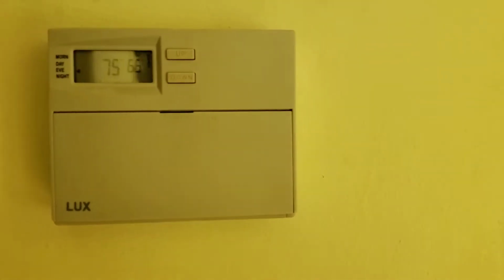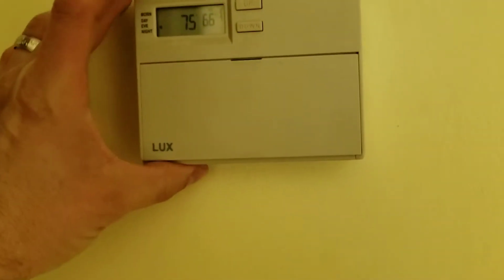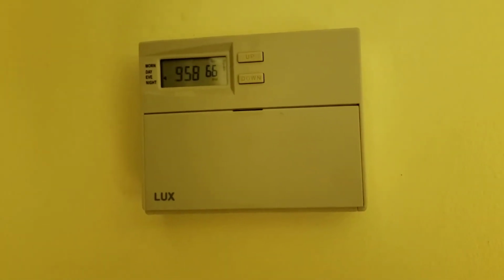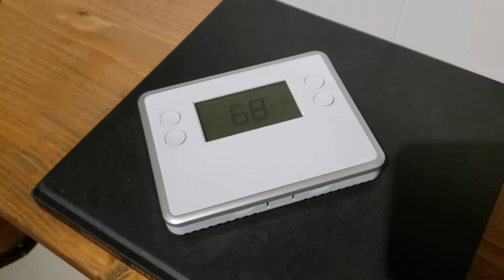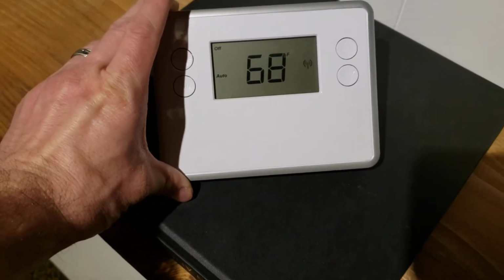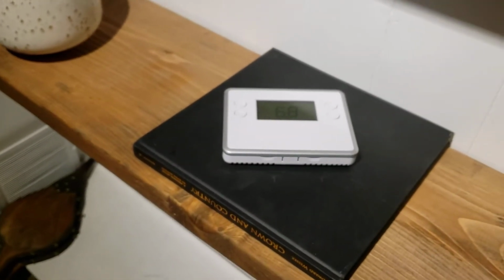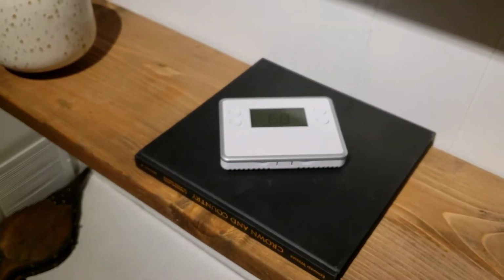And we'll go down and look at what it's at downstairs. So this is just being used as a thermometer now because it's disconnected. This is the one that was controlling the prior upstairs furnace. So we've got the old thermostat here showing it's 68 degrees in this room, 75 upstairs, and clearly not blowing